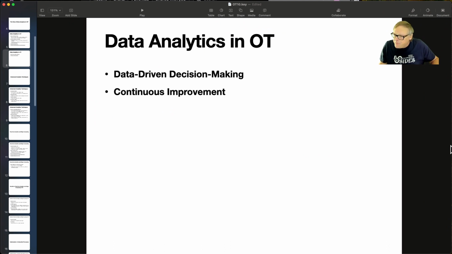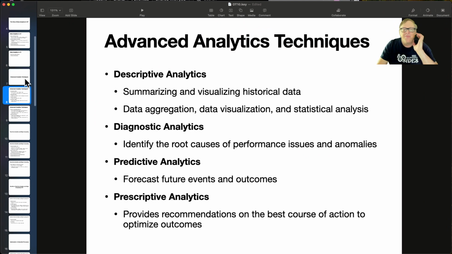But in OT, you have real numbers that mean something, like the percentage of defective products, the pressures, temperatures. This is more like physics and engineering. So you can actually have decisions based on real data that you can measure with some statistical significance. So you can have descriptive analytics that do things like aggregate and visualize historical data, so you have an overview of what's been happening. And then you have diagnostic analytics, where you try to find out what is causing problems. Predictive analytics, where you try to predict the future, and prescriptive analytics,